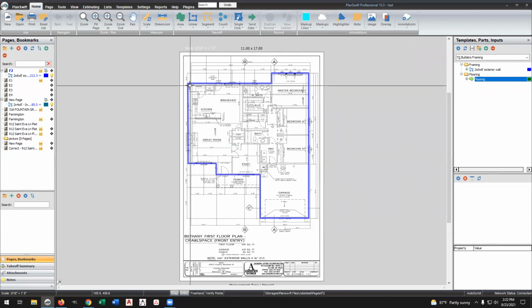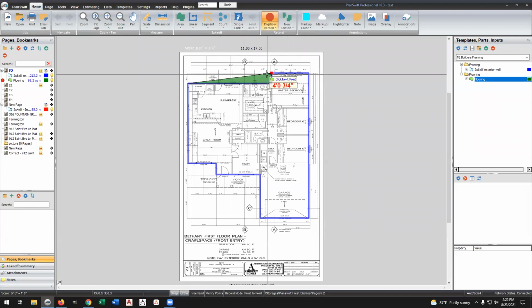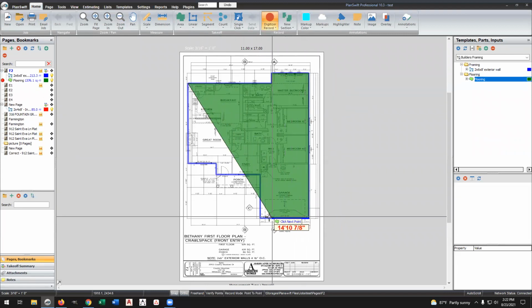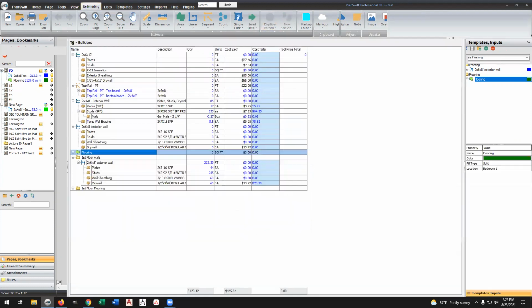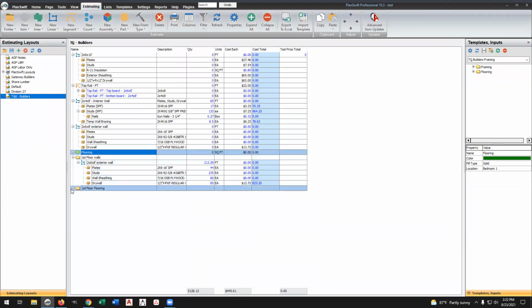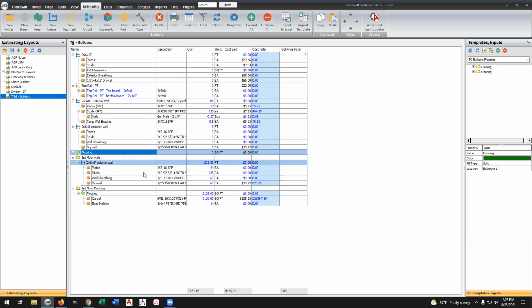Hit OK. And just go in, create your... and now under your estimating, you have both your floors, your walls for the floor, and your flooring, carpet, and